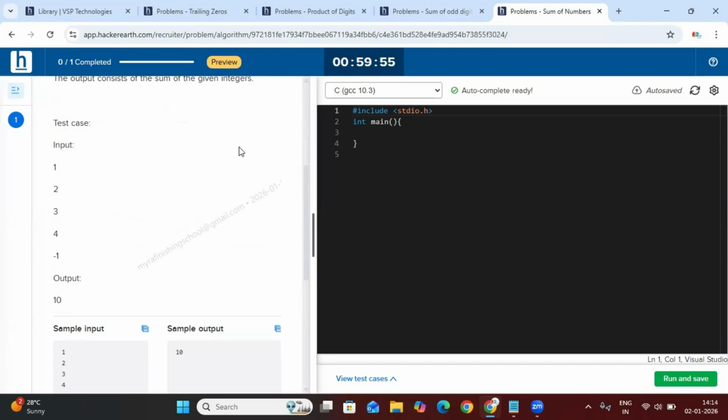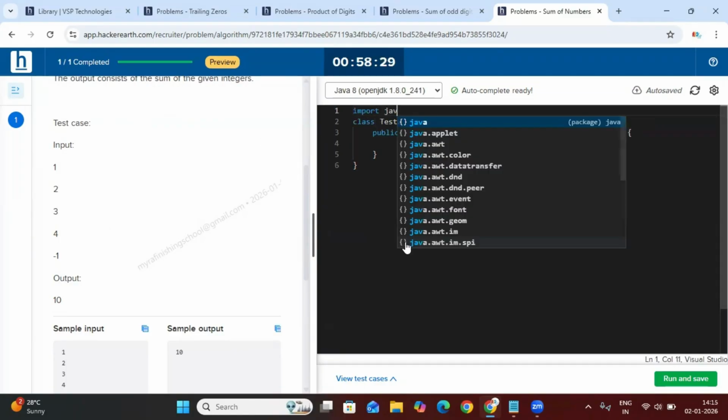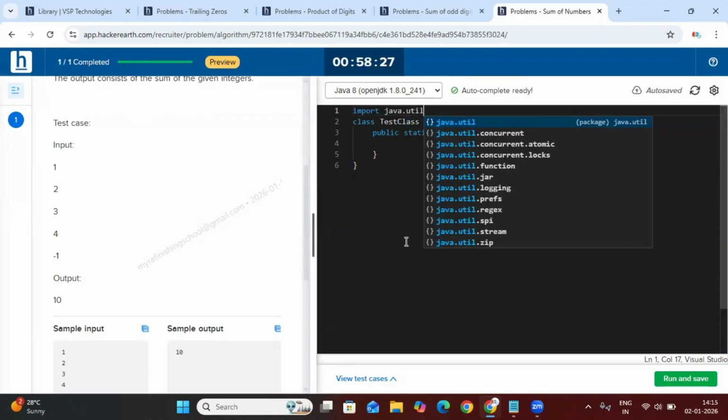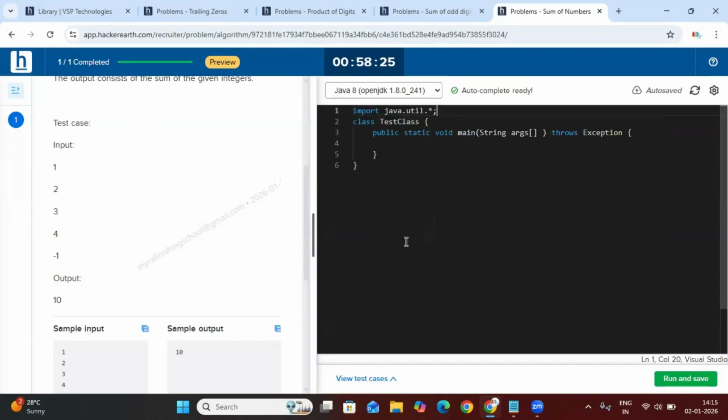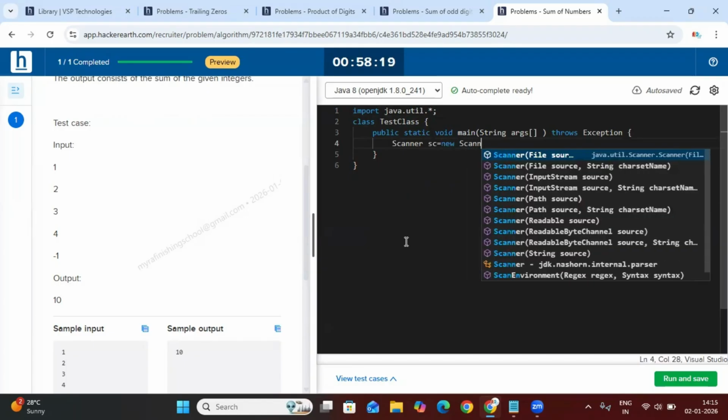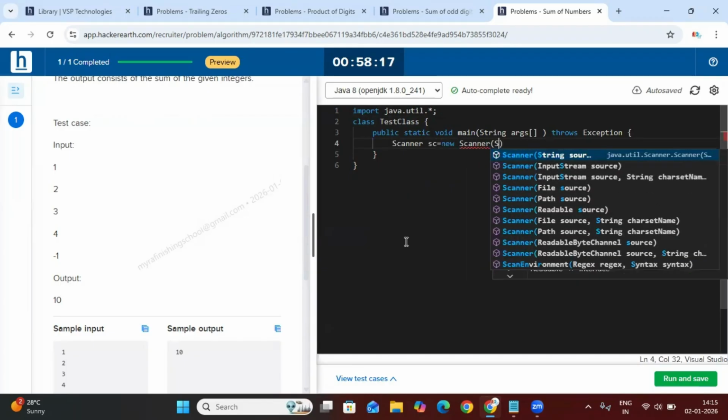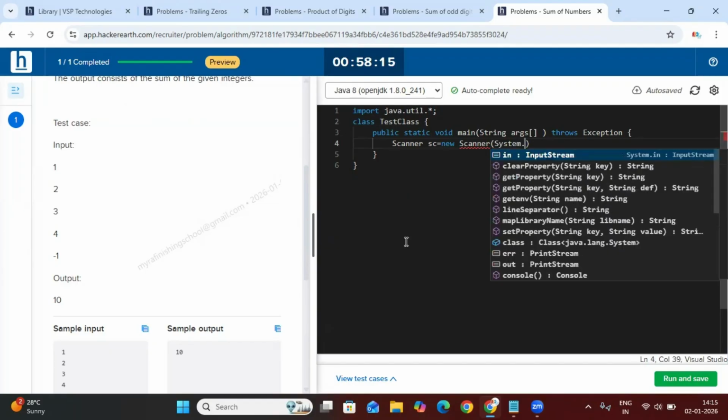Okay, I don't know about the number of times. It depends on -1. I want to terminate the input. import java.util.*; Scanner s = new Scanner(System.in);